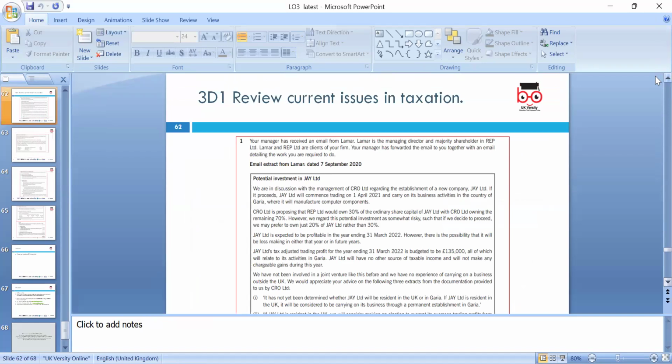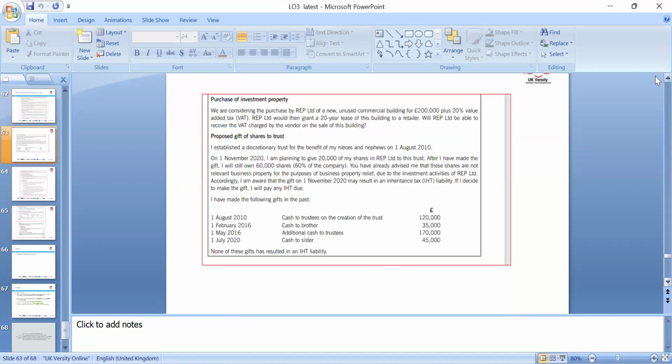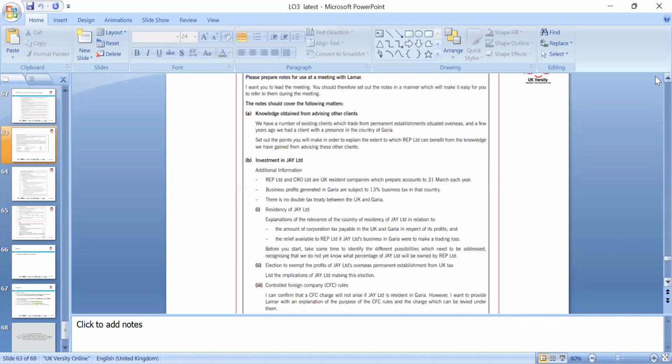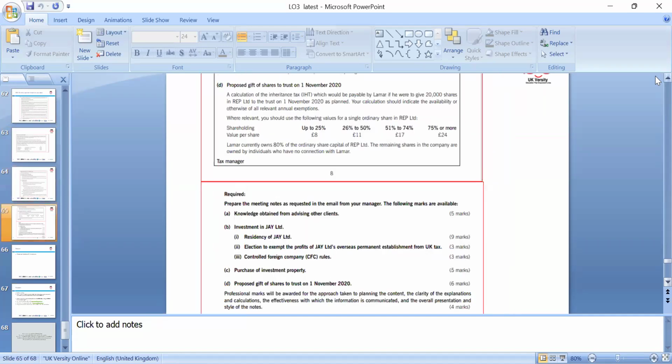Current issues in tax at the moment, of course, there are a lot of issues, ethical, moral, and legal, like tax avoidance. Recently, a lot of people have had the bounce back loan in the company. That is a huge issue in taxation. I included a few issues here, in international trades, residence, and tax liability, which are not being thoroughly followed. Purchase of investment in properties, capital allowance, inheritance tax. These are a few examples I picked.